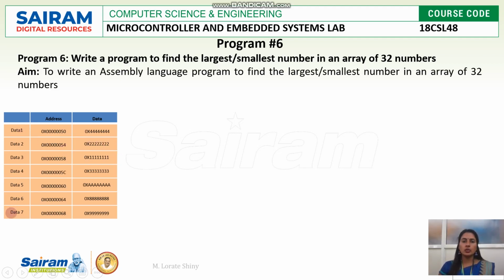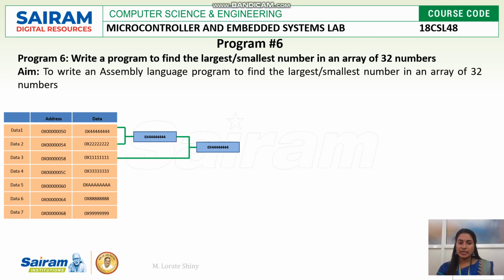So how I am going to find the largest or smallest number means first I will compare the first two data. Here the data are 4 and 2. I'm going to explain how to find the largest number. In that, which is the largest number, I will keep aside. Then with that number I will compare the next data. So next time I will compare 4 and 1. 4 is the largest number, so I will keep that aside in one register.